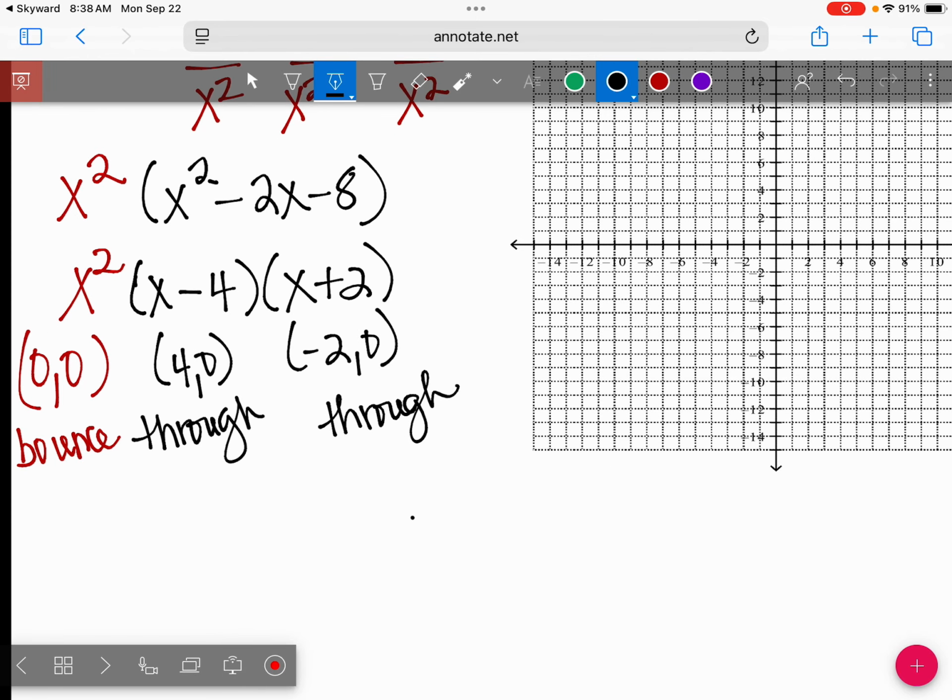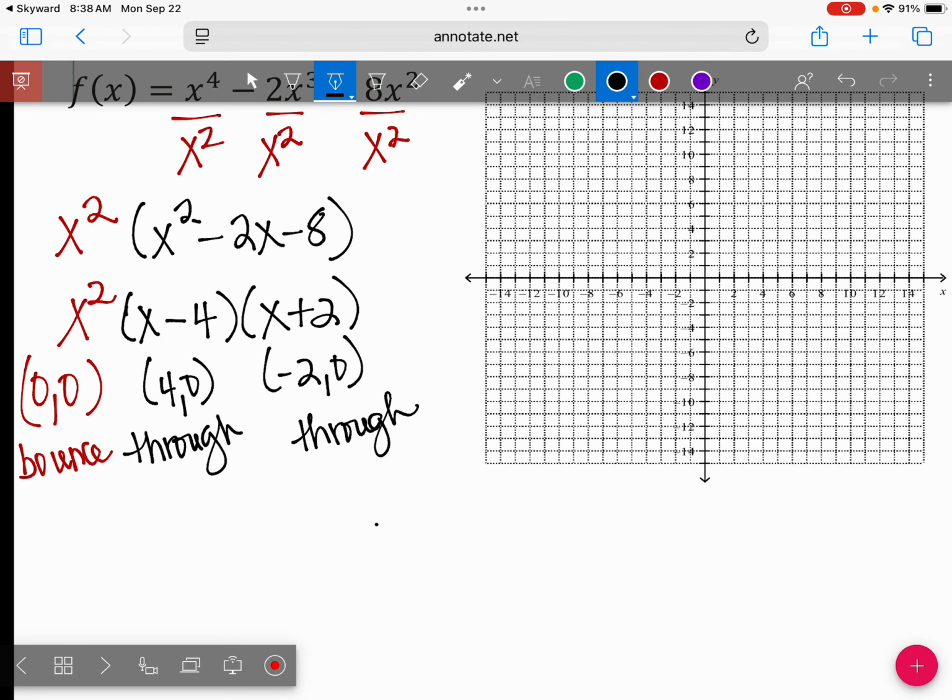Okay, you can check your zeros against mine to see if you got the same thing I got. So who has 0, 0, 4, 0, and negative 2, 0? Yep. The 0, 0, because this is even, that's why it's going to bounce, because this number is even. All right, so let's go ahead and plot those points. So negative 2,